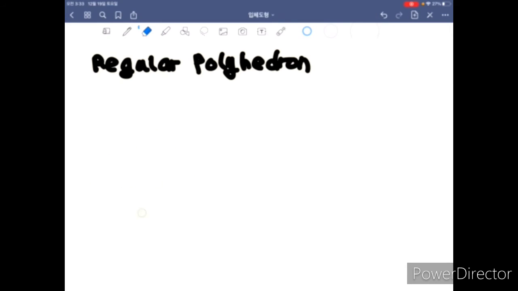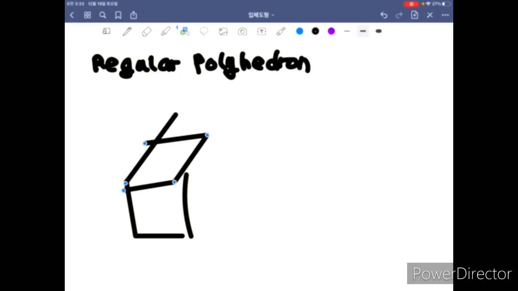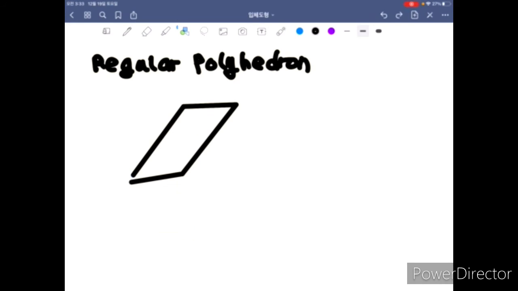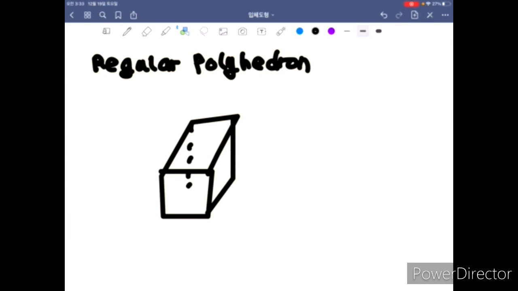Now, the next one, the hexahedron. The hexahedron is sort of like a cube, but a regular cube. So the regular cube might be like this. This kind of regular cube has a lot of characteristics, which is that it has